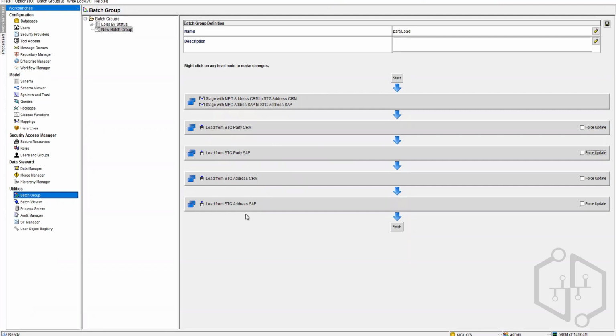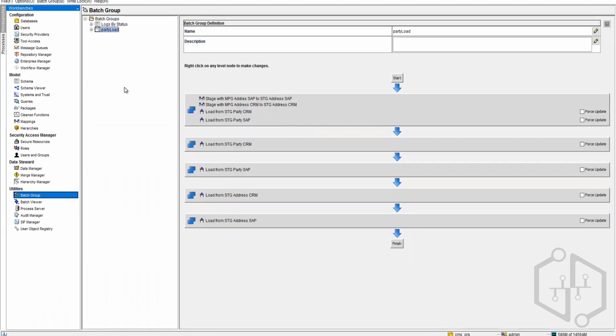This load from both the source systems is only when you are getting data from both sources at the same time. If you're getting one source at one time, then never create your group like this. Always create 2 separate groups, one for CRM and one for SAP. You mean like today, if I'm loading the data and I don't have CRM, then don't go with this batch which covers SAP also. Correct. So this is when we have both the data coming from sources together. If we do not have that, then we'll always choose